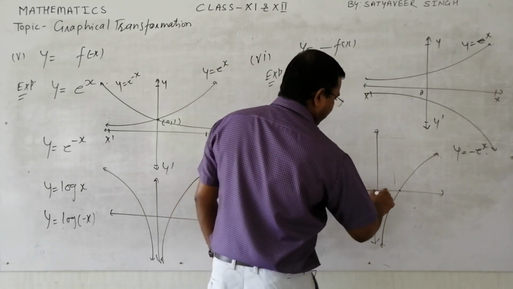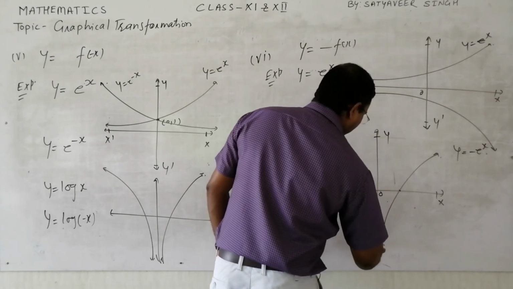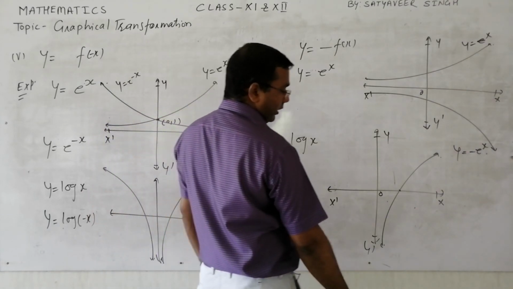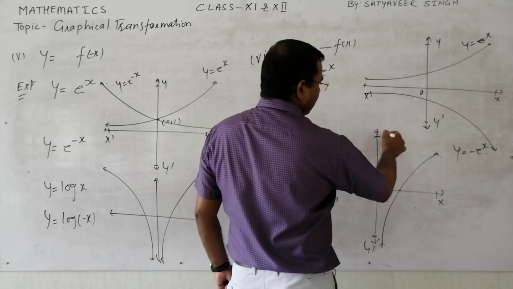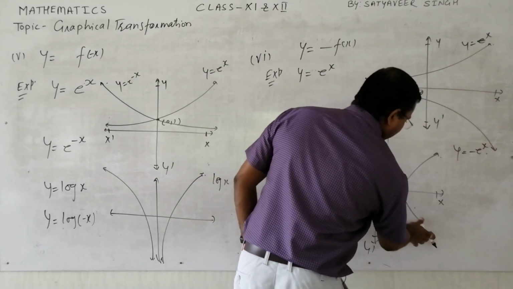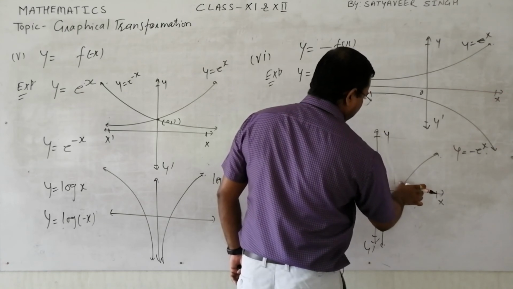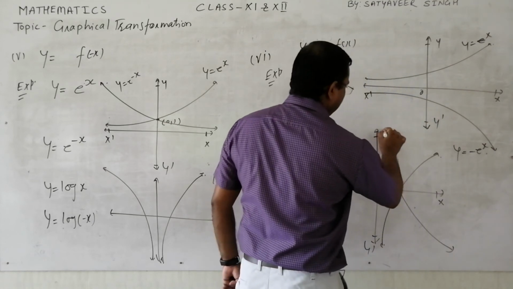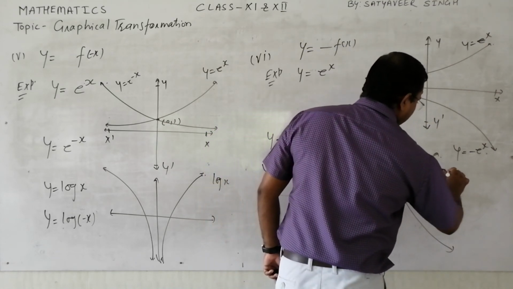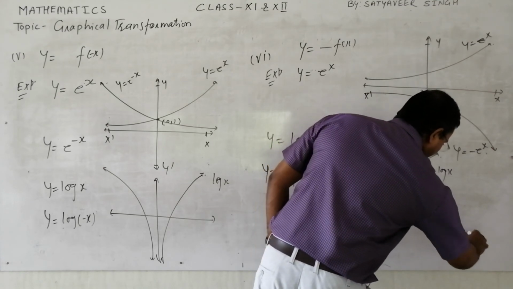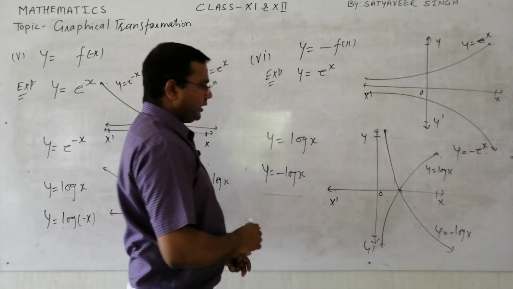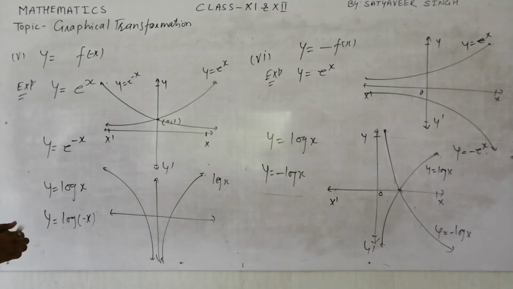and if you draw the graph of y is equal to minus log x, then what happens? The x-axis will work as a mirror. So this will be like here, sorry, not a very good graph I have drawn, and this one I will draw again. So here I can say this is y is equal to log x, this is y is equal to minus log x. So here the y-axis is neutral, but the x-axis is working as a plane mirror. You can easily understand this with the help of this graph.